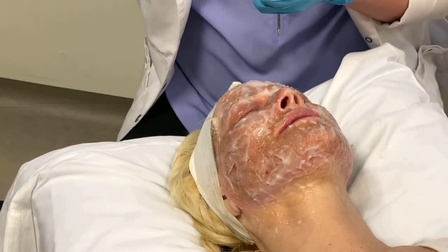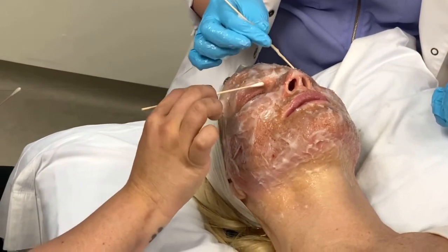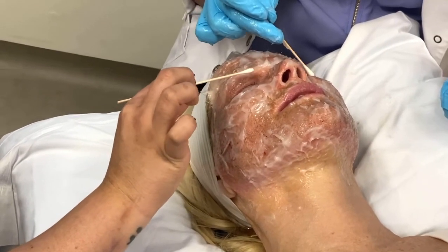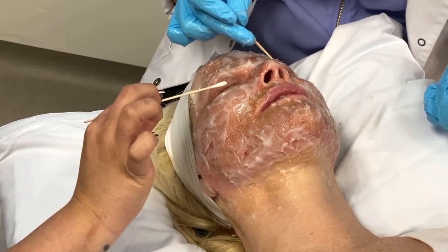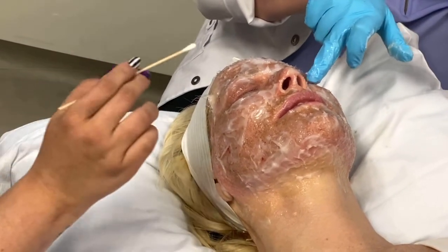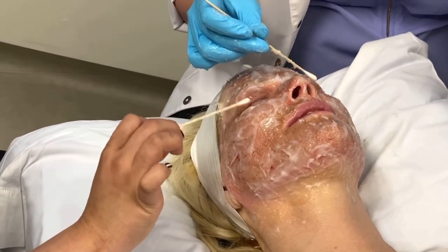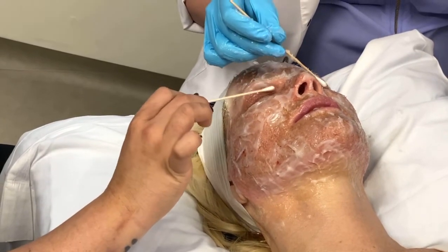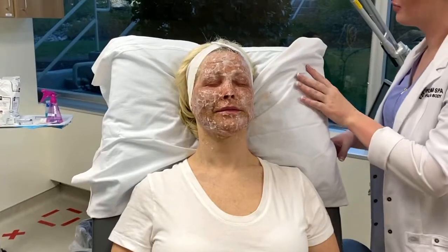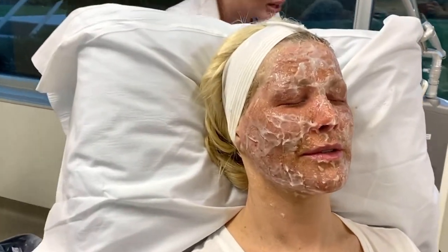Do you want to do some gentle getting of the eyelashes just so you don't get so much of it in your eyes? So thorough. We're being super careful not to be abrasive on the skin here and cause scarring. I'm going to grab one more of these little guys here. All right. Teresa is beautiful inside and